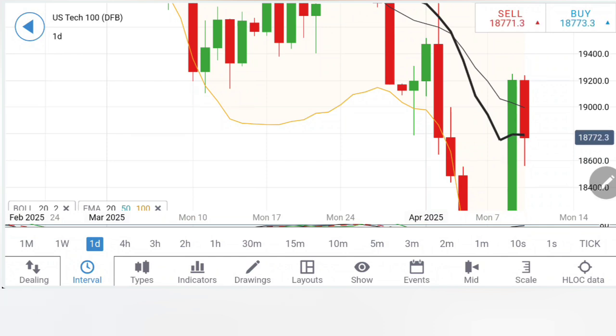Expect 18,900, 920 at the first target zone, 19,000, 19,020 at the second, and then expect 19,100 levels. Beyond 19,100, we are looking forward to 19,220, 250, and if that is taken, sky is the limit on the upside. On the downside, I will recommend a selling entry at